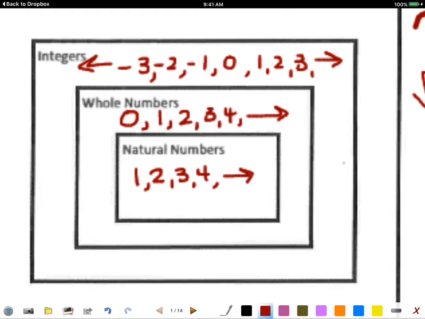All integers are not whole numbers. Some integers are whole numbers, right? Yes. Let me ask this. Are all whole numbers integers? Yes. All whole numbers are integers. All of these are integers. Integers even have a little bit more. But all integers here are not whole numbers because these negative numbers are not whole numbers. So it's kind of like all chihuahuas are dogs, but not all dogs